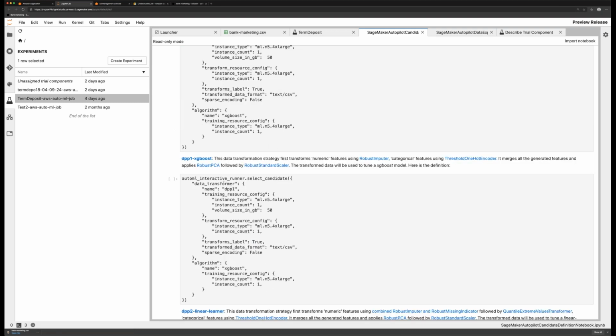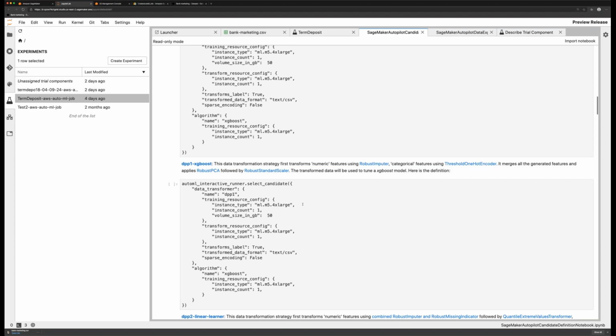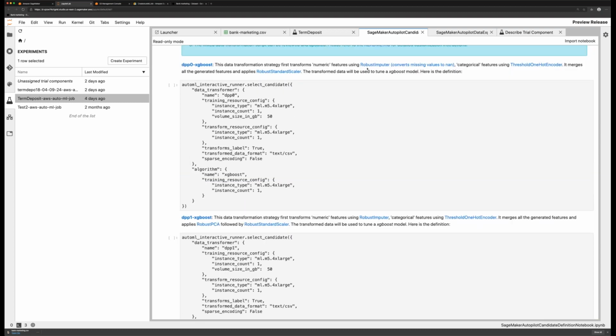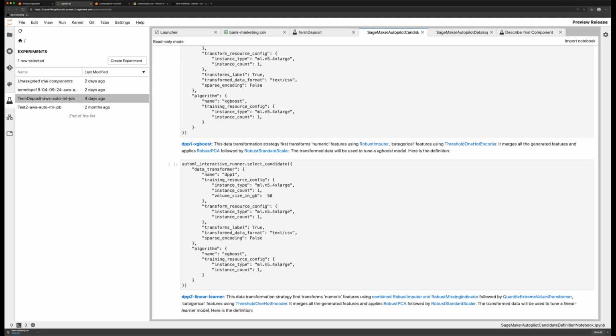Then the second technique is DPP1, where XGBoost remains the algorithm, but the data processing goes through a different technique. For example, here it is using robust imputer using threshold one-hot encoder. Here it is just robust imputer, and it doesn't use convert missing values to NaN. And it also uses robust PCA followed by the standard scaler. And here there is no robust PCA. So you actually notice that it is applying different techniques, and based on the technique, the actual training will be